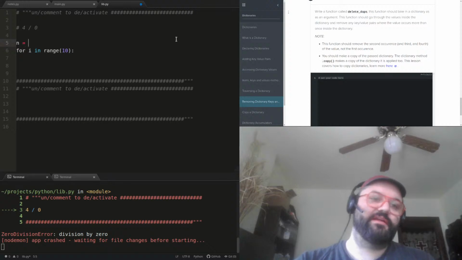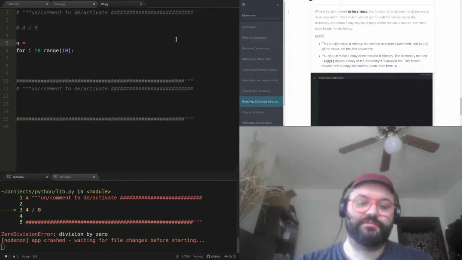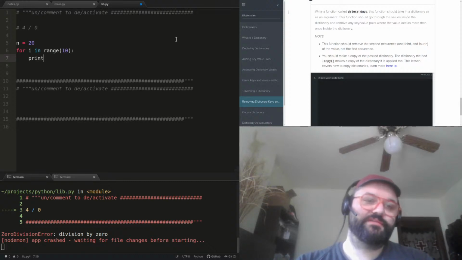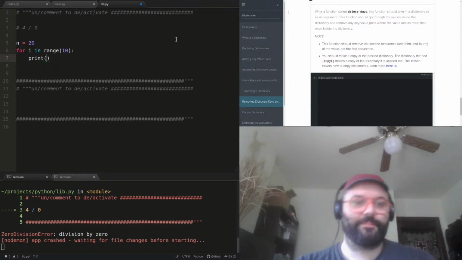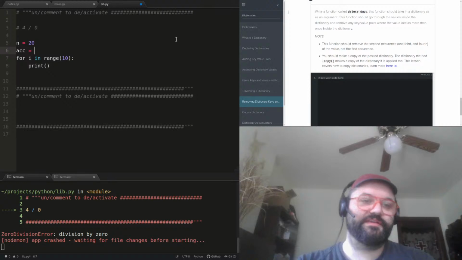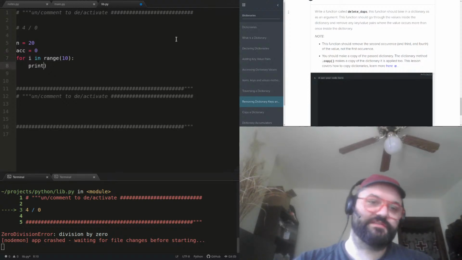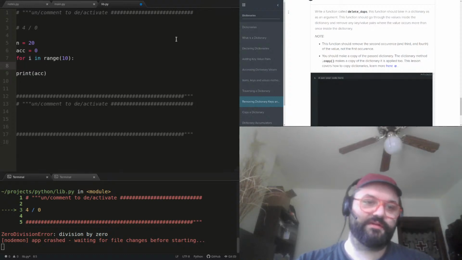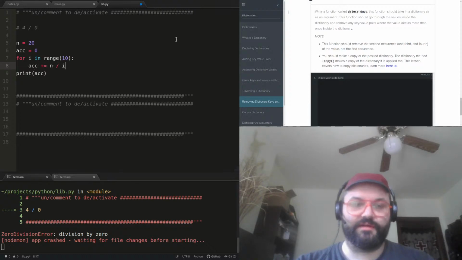Let's have n equals, I don't know, 20, and maybe it would be fun if we made an accumulator. acc equals 0, and let's print acc out here, and I'll say acc plus equals n over i.